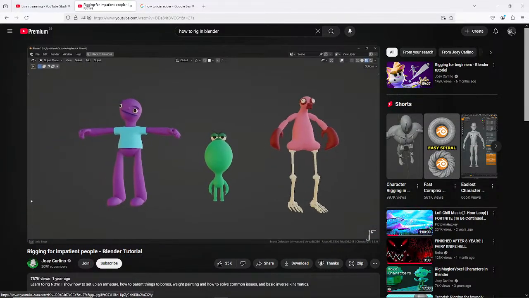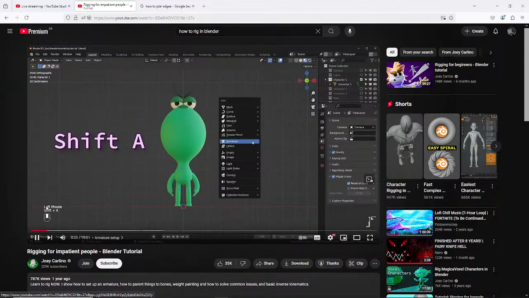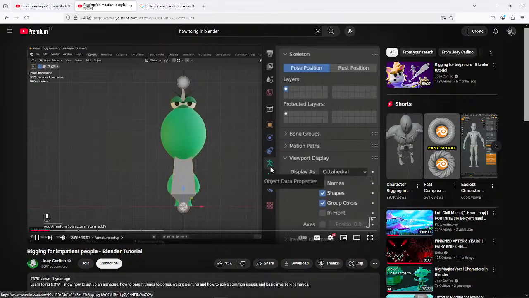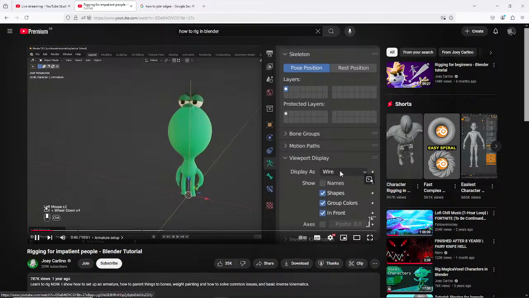For the first one, I'm using a character I made, but this will work for anything you want to bend and deform. Press Shift A to add an armature, and if you don't want your bones to be covered by the model, then you can go to Object Data Properties, it looks like a little running person, and turn on In Front. This is also where you can change the shape of your bones and show the names